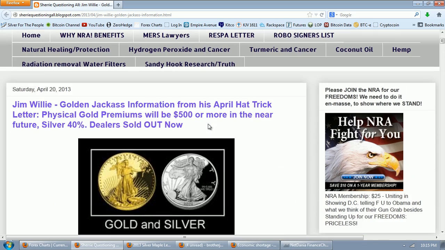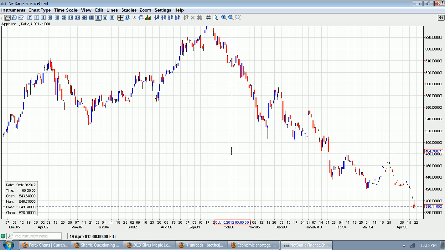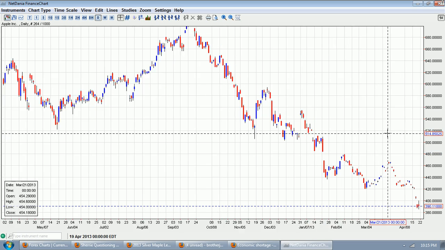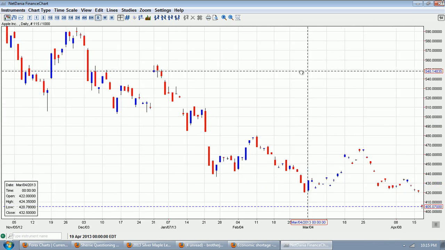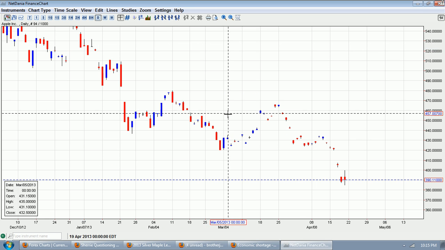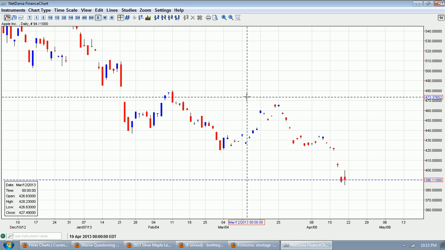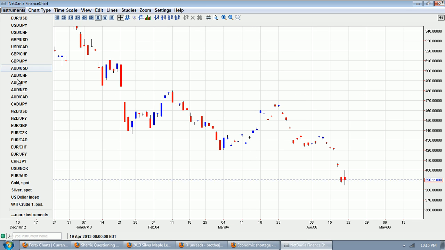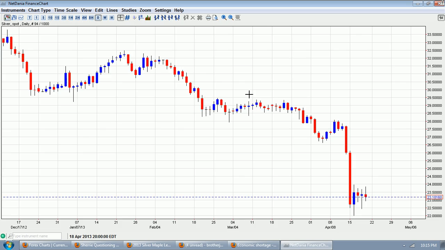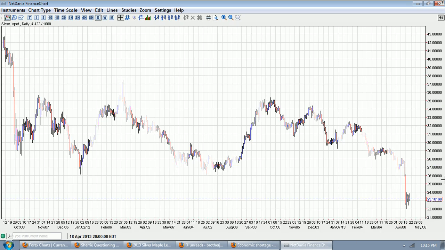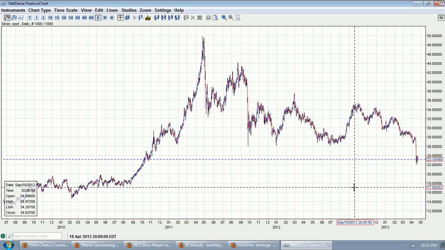So it appears that the strategy of the banksters to rig the silver and gold markets by crashing them and taking out the paper longs has actually backfired, as the physical silver market has gone into shortage. Now, again, a shortage can only occur when there's an interference in a market. So the silver market is the most important market right now in regards to the manipulation that the banksters are running.